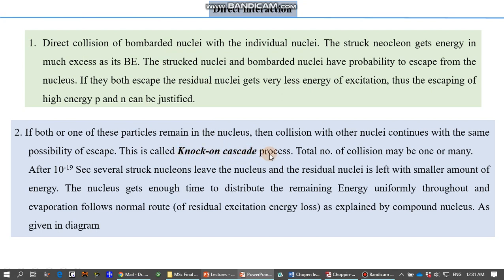This knock-on cascade process results in evaporation or emission of more than one particle from the nucleus, because the interaction of nuclei takes considerable time, in the range of 10 raised to the power minus 19 seconds. So in this case, more collisions are possible. Collision can be one or can be more, but for this second step we have to